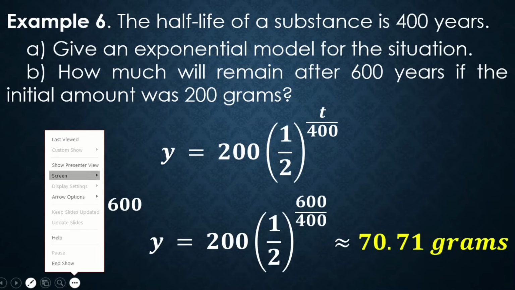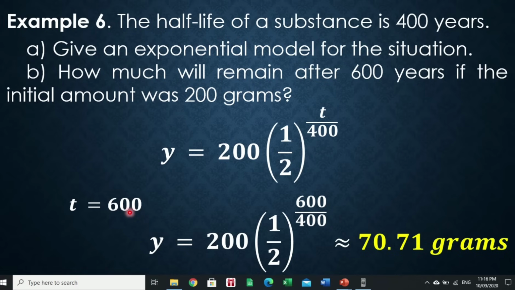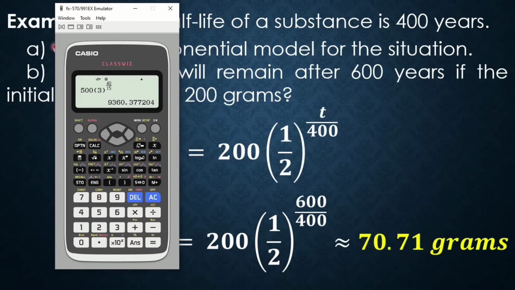Okay? So, again, pwede natin gamitin ulit yung calculator natin. So, that is, tingnan natin. So, we have 200, then open parenthesis of fraction, lagay nyo 1, and then down arrow, that is 2, then close parenthesis, and then ito, pang exponent natin. So, lagay tayo ng fraction bar, and that is 600. Okay, down, that is 400. So, equal, so that is 70.71